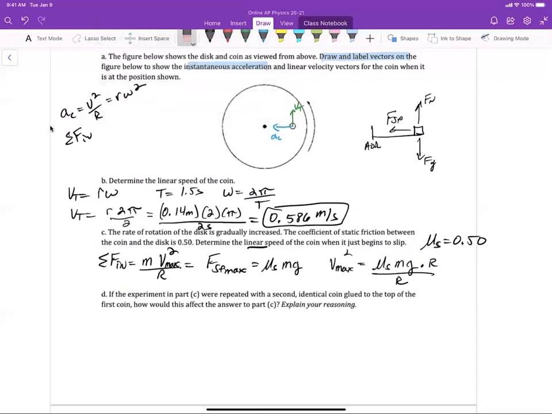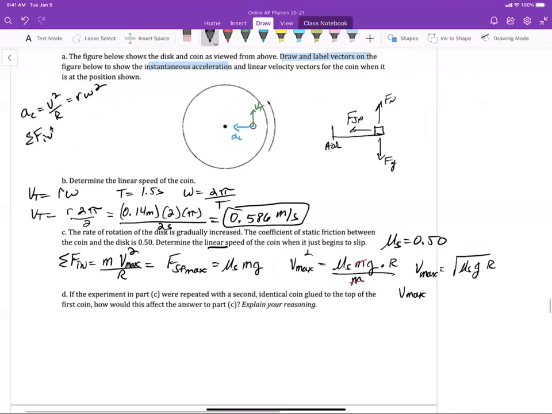Oh, not divided by r, divided by m. Getting tired. What cancels? My m's cancel. I find that the velocity max is equal to the square root of mu s g times r, and I can plug in the values that I know, and that is 0.5 times 9.8 times, what's the radius? 0.14, right? Yes. All right, and I find V max to be equal to